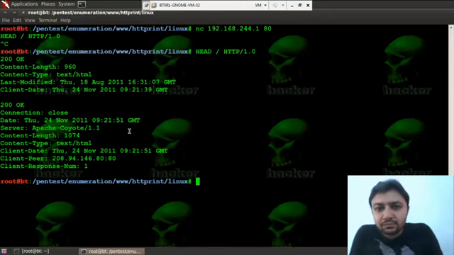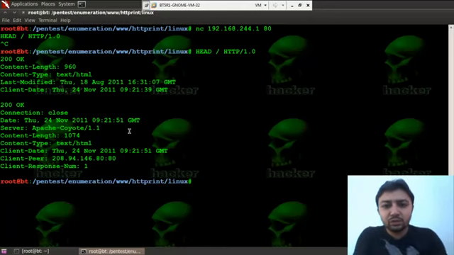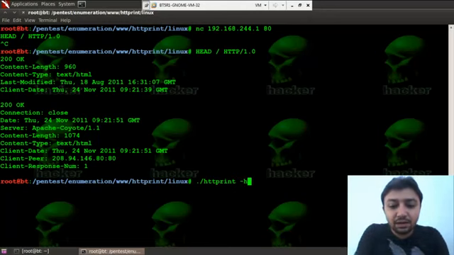To accurately identify the web server running at the remote end, we need a tool known as httprint. It is a very good tool. It comes in formats for Windows 32, Windows 64, as well as for Linux. So let's exploit it. First we will use it from the command line. It is already available in BackTrack. It is in the pentest/enumeration/www directory, httprint Linux, and here I can fire the command.